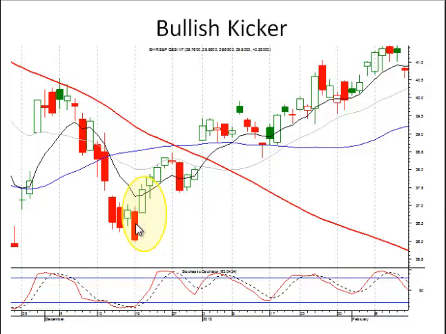Remember, the bigger this candle gaps up and goes in the opposite direction, the higher the probability that the uptrend has started. This is a nice, clean looking kicker signal. So if there's times where it closed down here and you're thinking about buying up here and it's already up 8, 10, 12, 15, 20%, if it's a kicker signal, it's telling you there's going to be more upside. Don't let the magnitude of what has already occurred deter you from taking advantage of what the future of that trend can be.